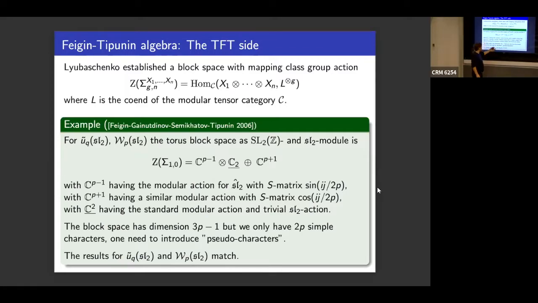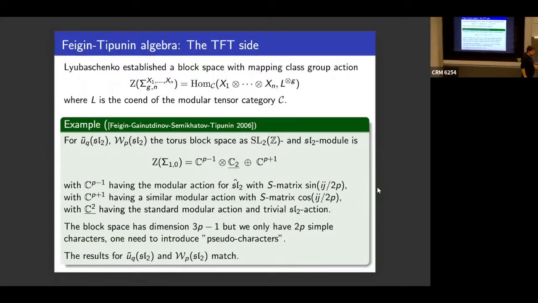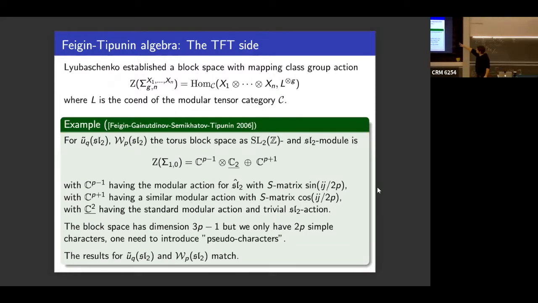And also you can come up with pseudo-characters, which come from taking indecomposables and modifying your traces in a smart way to come up with more class functions. So that's the result for SL2. Now there are several things that get more complicated because we are in a non-semi-simple setting. We don't have enough characters. These things are more complicated because we are in a non-semi-simple case. But now, because we're non-semi-simple, we have another thing that we can do. We can derive stuff. And that's what we're doing now.